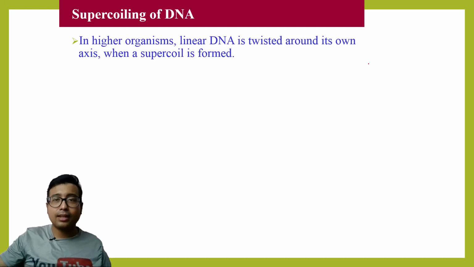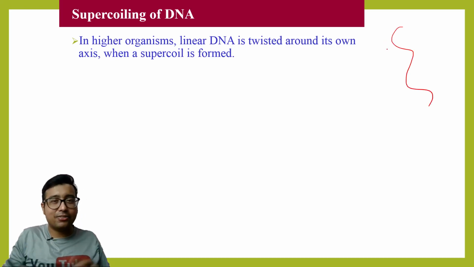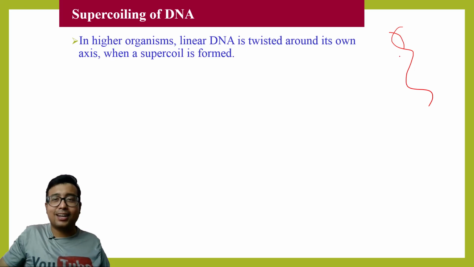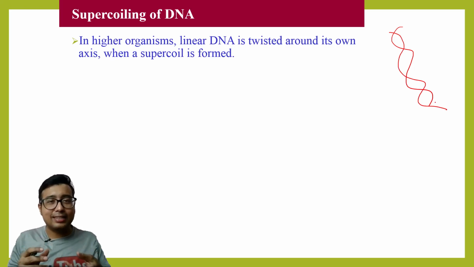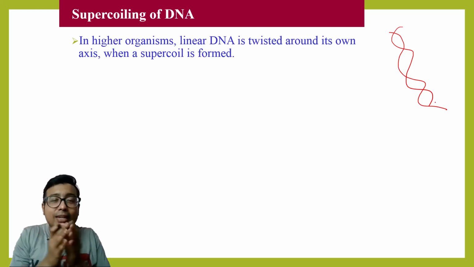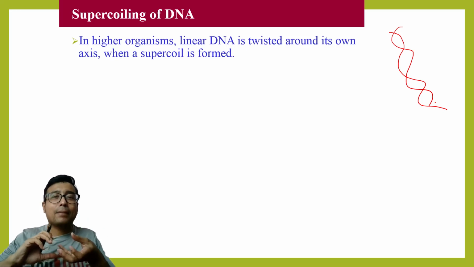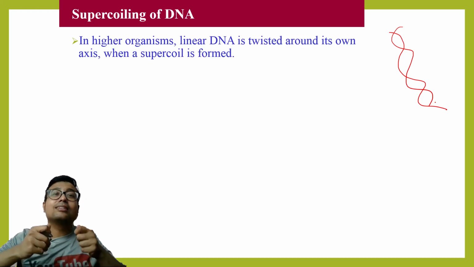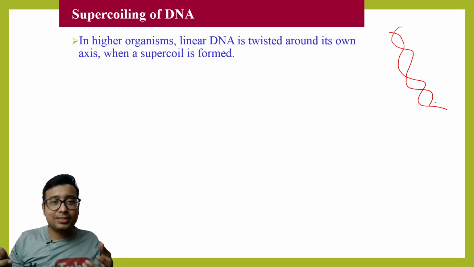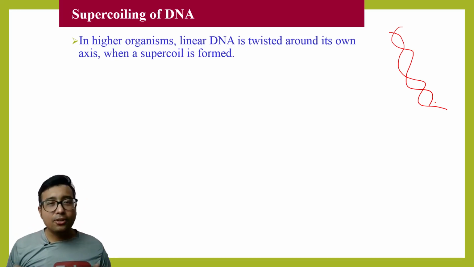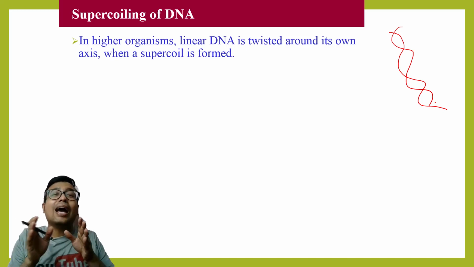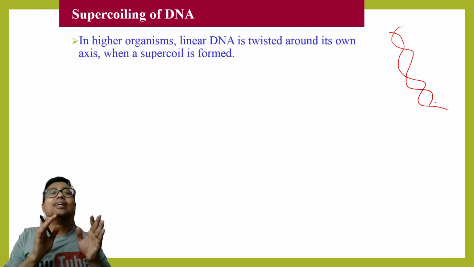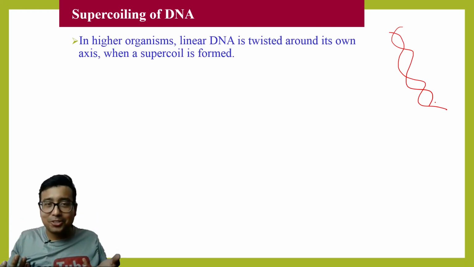Okay. Now this DNA, we are almost at the end of our discussion. This is a double helix. Now, in order to accommodate further, it will twist around its own axis. So this will be further twisted. Okay, extra force. We don't need to know the mechanism of supercoiling, but we need to know who helps in supercoiling and who breaks these supercoils.